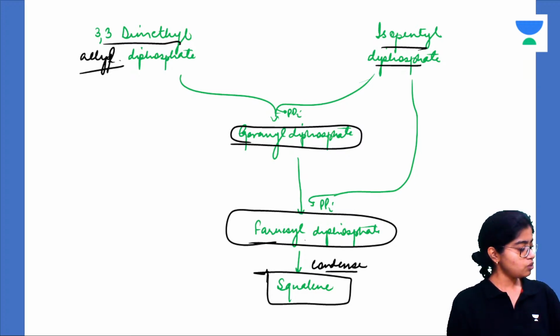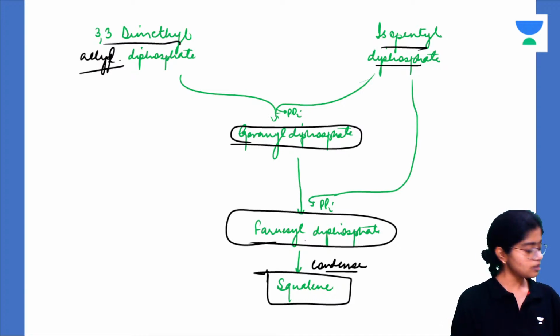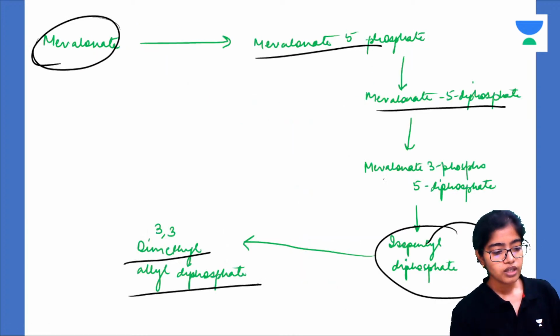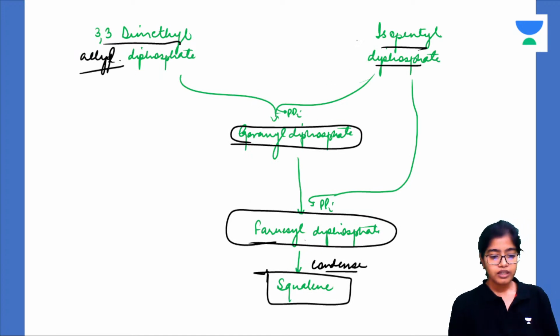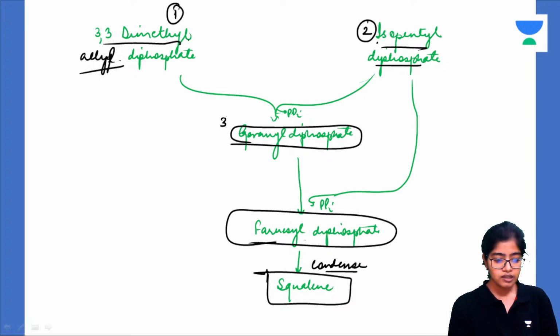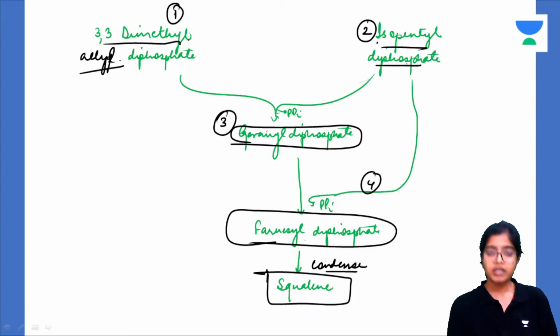Come on guys, you just have to count. I have already told you how the isoprenoid units are formed from mevalonate. This is one isoprenoid unit, it gets converted into another unit. So you can at least count 1 and 2, then 3, this is the third isoprenoid unit. Then this will combine with this again, so this one is the fourth, isopentyl diphosphate is the fourth one. Okay, got it? Then this farnesyl is the fifth one.